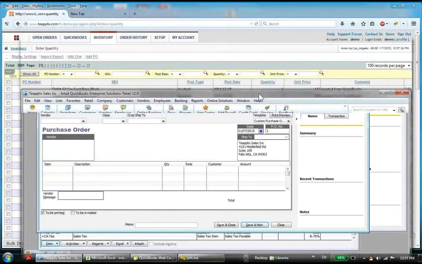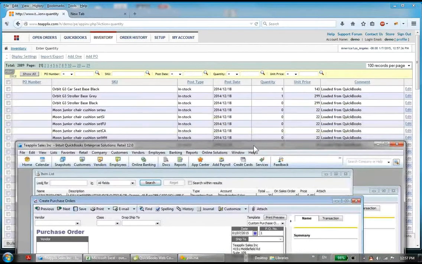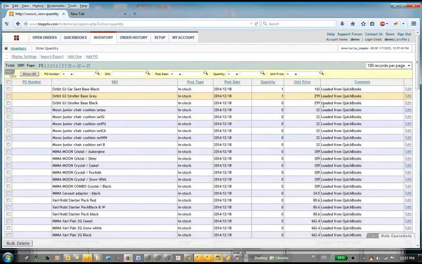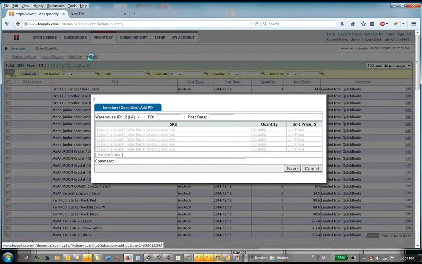Now, you can do that in Teapplix also. Actually, this shows loaded from QuickBooks because we're not entering purchase orders. We're just syncing them from QuickBooks. But if you set it to Teapplix as inventory master, you do a PO in Teapplix, or you do a physical count and directly enter it into Teapplix, which is good for people that don't like to go mess with QuickBooks. The bad part is if you already have QuickBooks and you need to file taxes, whatever you enter into Teapplix doesn't show up on your tax return. I hear you. Okay. So can